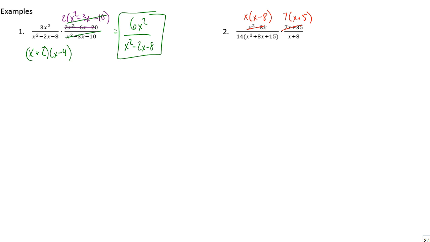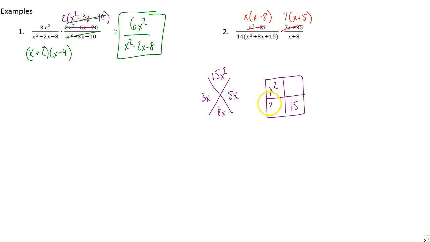I am not going to talk you through it, but what I will do is show you on the screen, but I'll have it sped up so this video won't be as slow. So what I would recommend doing is pausing the video and hitting play when you're ready to check to see if you can factor that x squared plus 8x plus 15 properly on your own. But let me show you quickly how it's done. So as you can see, when you're finished here, this would end up factoring down to be x plus 5